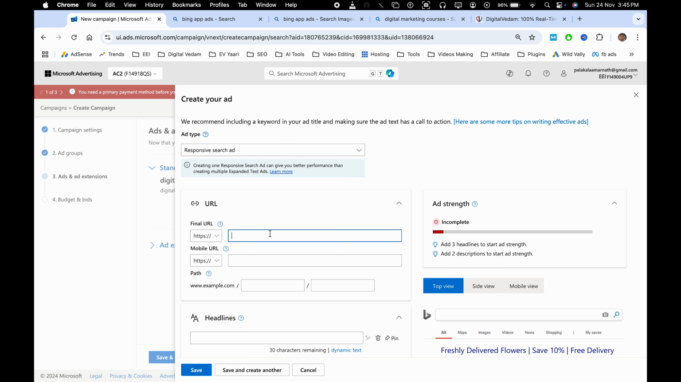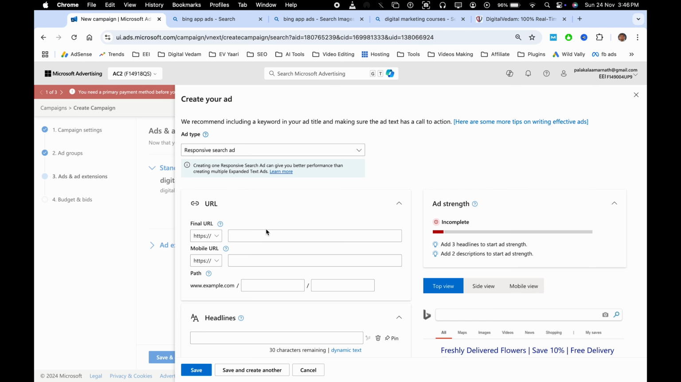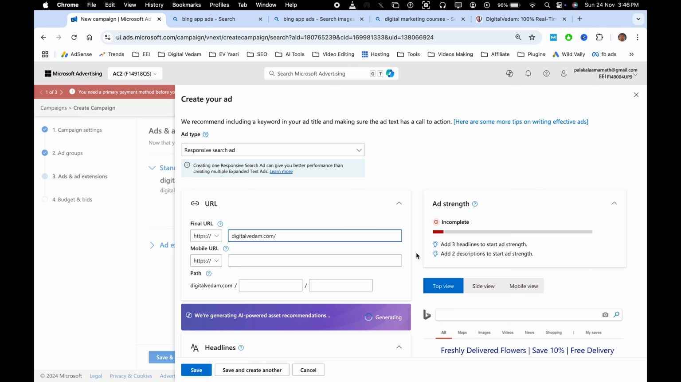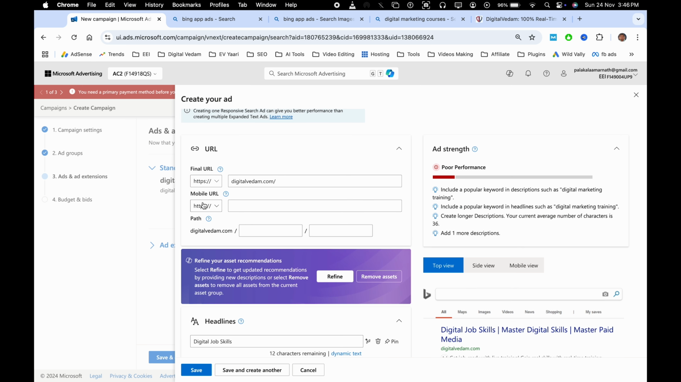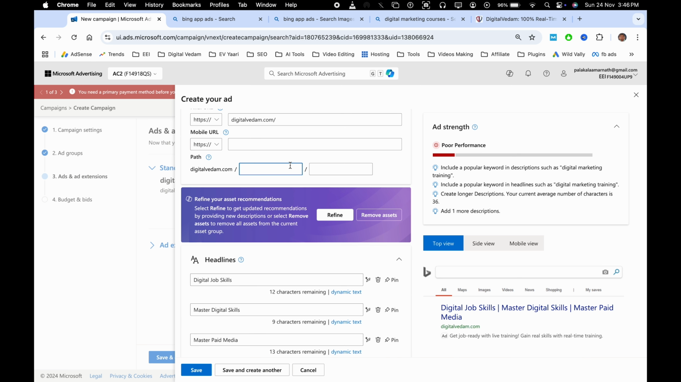Next thing is you give the final URL, which you can give to your landing page or a website page. Usually create a landing page and give that link over here along with the UTM parameters, which will help you to track all the details, right? Once I have given the URL, if you have a different URL for mobile, you can give it here, and you can give a display path, which is just for visibility on the ad, where we are going to take them, right? So I'm going to write digital marketing